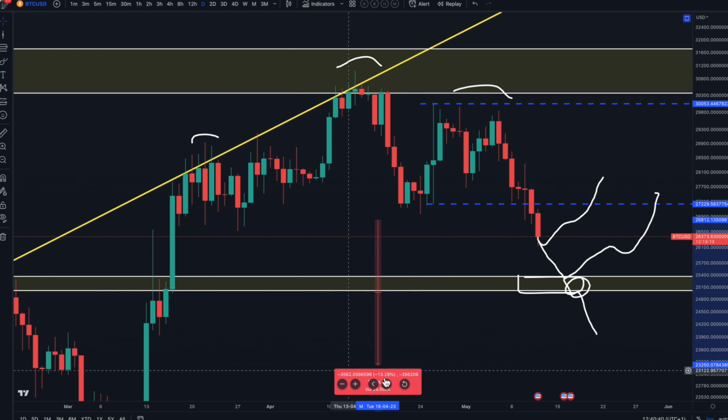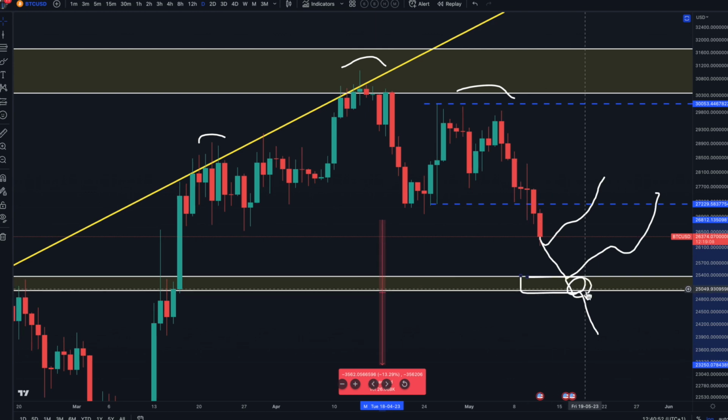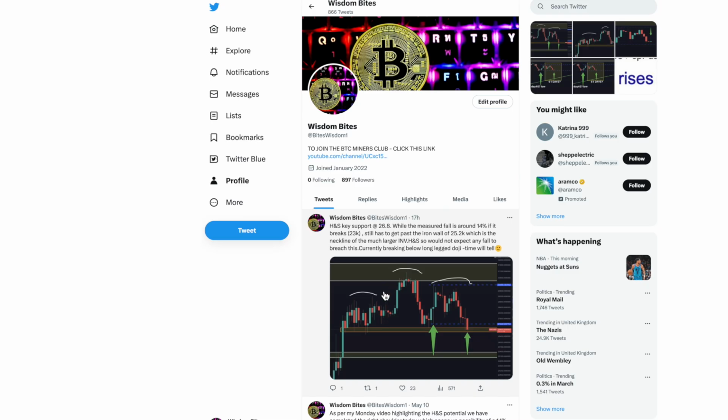Of course it's possible, but highly improbable considering the bigger picture inverse head and shoulders and the resistance point that this 25.2 thousand is. So just keep that in mind. And if you've been following me on Twitter, you'll know that I've been mentioning this head and shoulders pattern over the last few days when it was coming down to the 26.8 level here. And I mentioned in the last tweet that the head and shoulders key support is at 26.8, and while